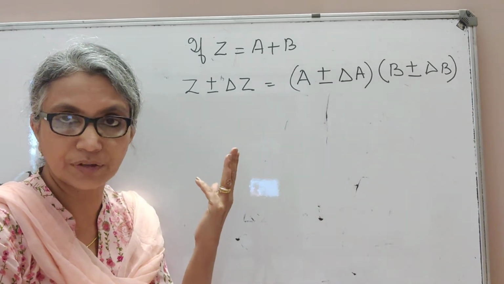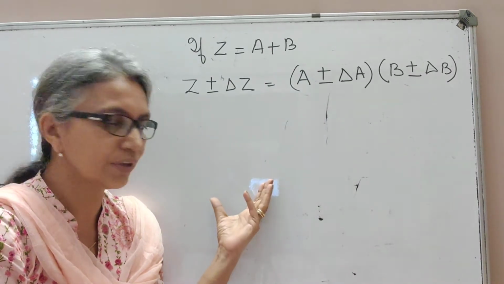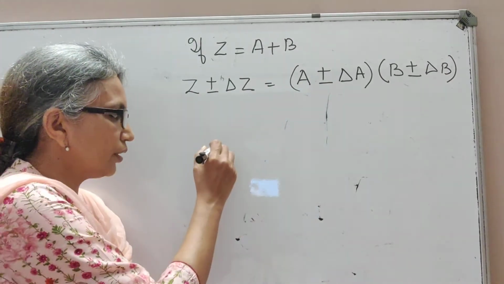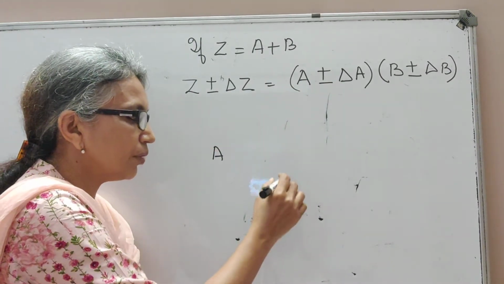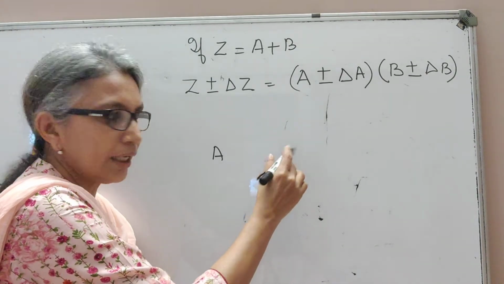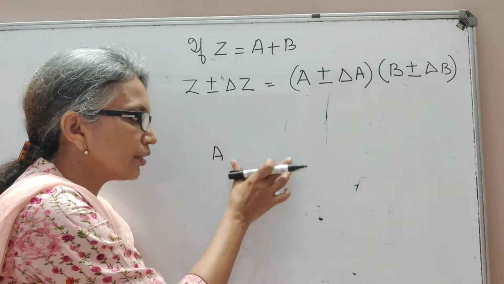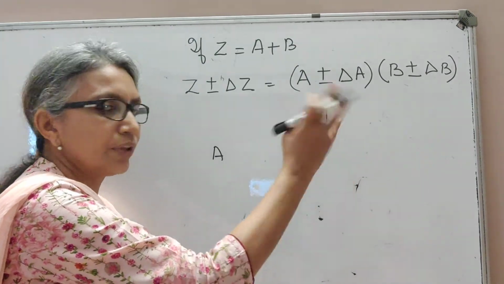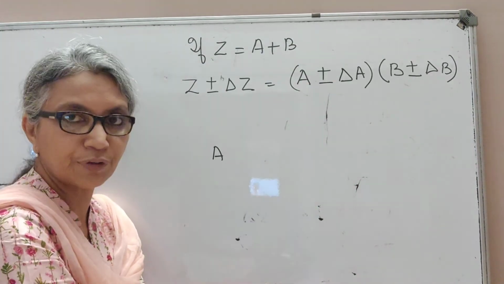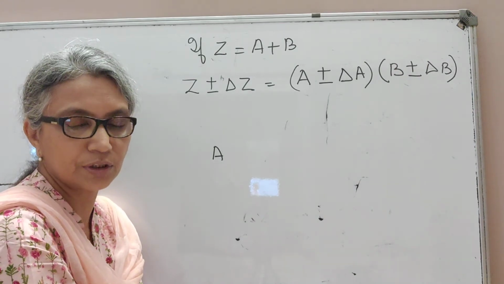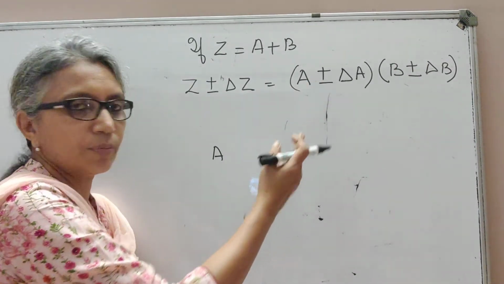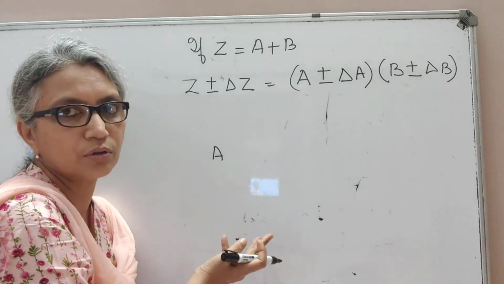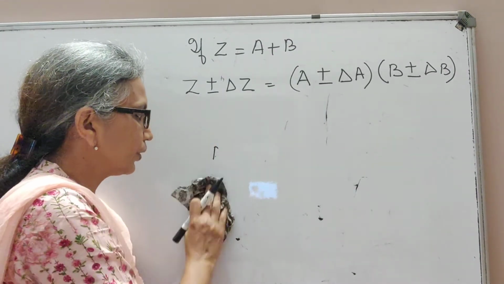You need to go back to the previous section where I explained how we found this absolute error. Remember, we had this A and then we found the mean value as the true value, and then we found the absolute error as the difference between these two. Here this could be a plus, it could be a minus, but when we define absolute error, we take only the absolute values. But it could be plus or minus. Your measured value could be greater than the true value, or it could be less than the true value.